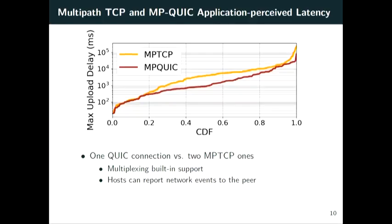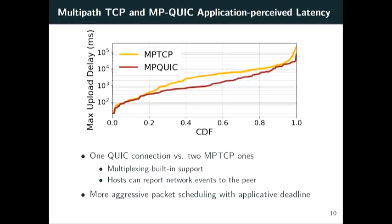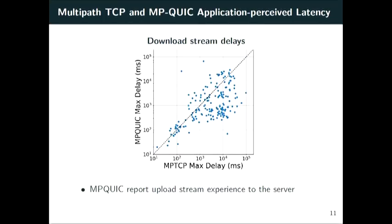So if you experience a loss with the upload stream, the download stream can be aware of that, since it can switch quicker. And the second thing is that QUIC is at application level. You can do more complicated scheduling like application deadlines, and so on, which is not possible with MPTCP, which is in the kernel. And also, here is a plot comparing our test between MPTCP and MPQUIC in the download case. You observe that, for a single case, you can have